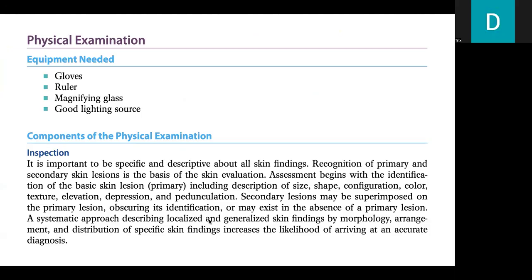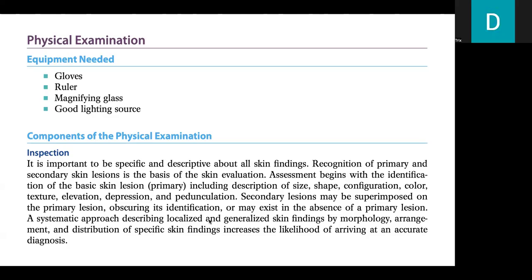Inspection. It is important to be specific and descriptive about all skin findings. Recognition of primary and secondary skin lesions is the basis of the skin evaluation. Assessment begins with the identification of the basic skin lesion. Primary, including description of size, shape, configuration, color, texture, elevation, depression, and pedunculation. Secondary lesions may be superimposed on the primary lesion, obscuring its identification, or may exist in the absence of